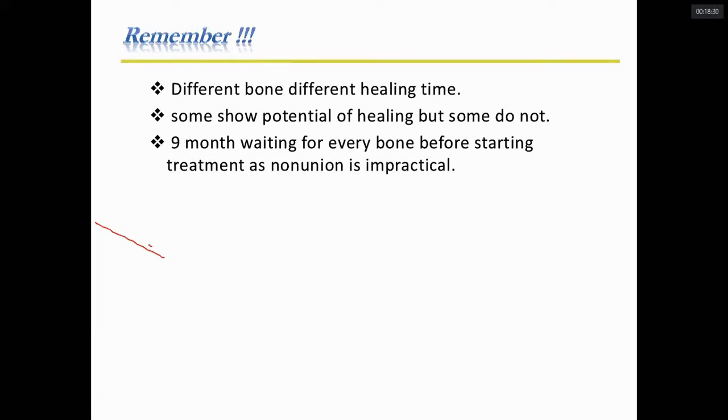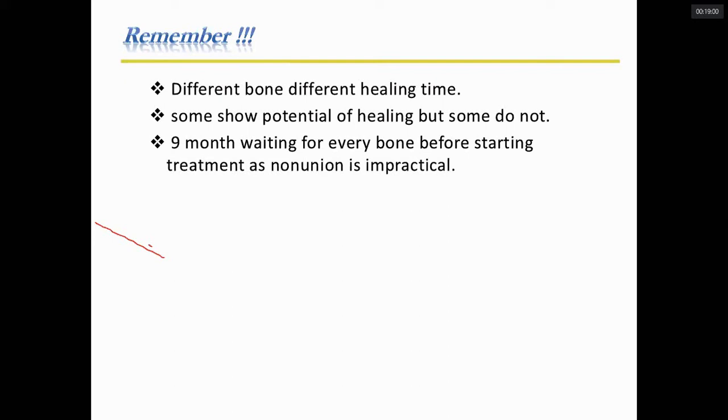You do not wait and say, my definition says that the fracture is to be labeled non-union only after 9 months, so I will wait 9 months, you come after 5 months, then I will treat. No, that's not the point. You have to categorize different fractures individually. In most long bone fractures, 9 months is the arbitrary time. If within 9 months the fracture shows no bony signs of union, it is labeled as non-union.